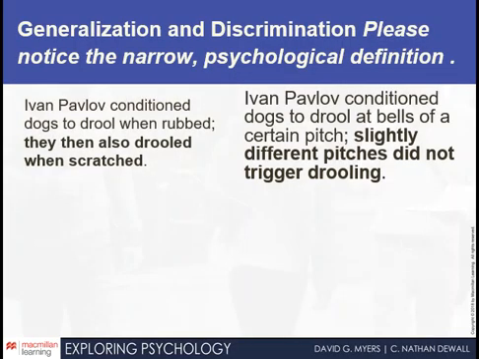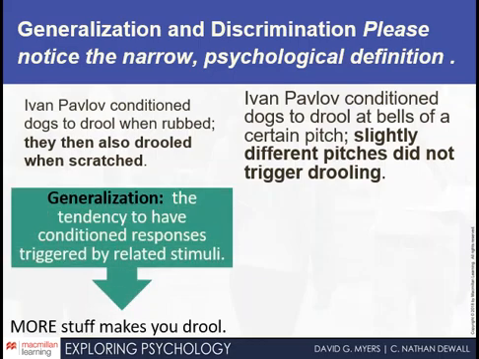Now, let's look at the following: generalization and discrimination. Please notice the narrow psychological definition here. Ivan Pavlov conditioned dogs to drool when rubbed. They then also drooled when scratched. This represents generalization, the tendency to have conditioned responses triggered by related stimuli. In this instance, more stuff makes you drool, as long as they are related stimuli to what you had been